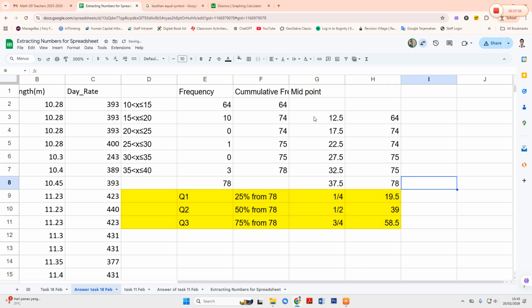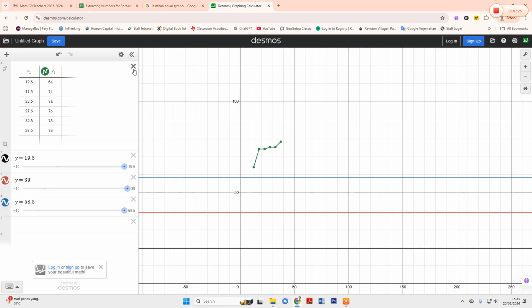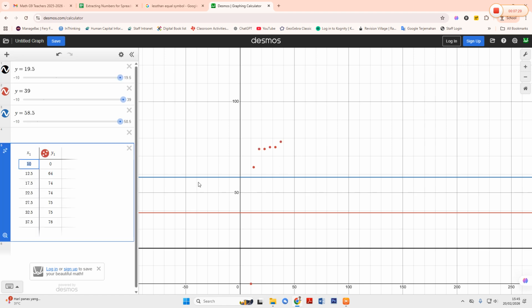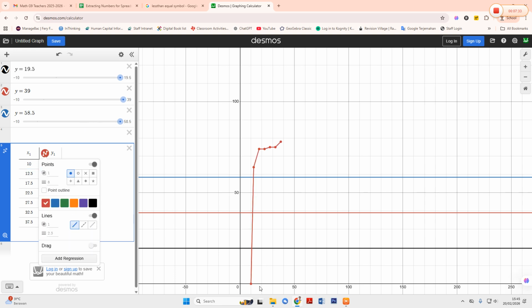Okay, so we will write here 10, because below 10 the data is 0. Now if you put it like this, copy this data with Control C, and paste it into Desmos again with Control V, of course the graph will start from 0.